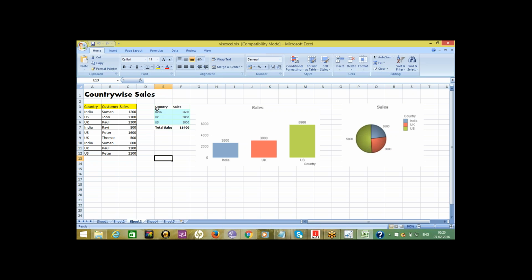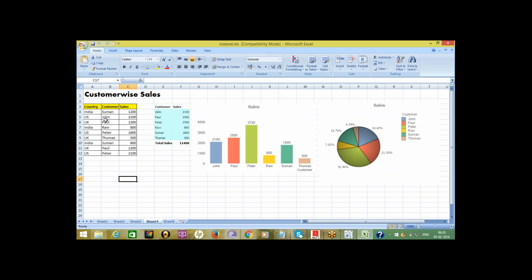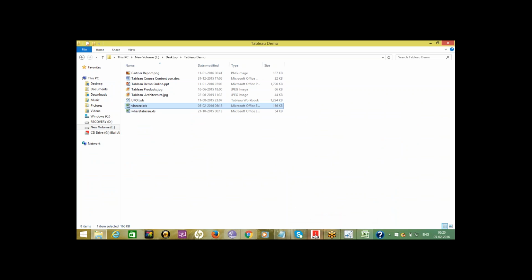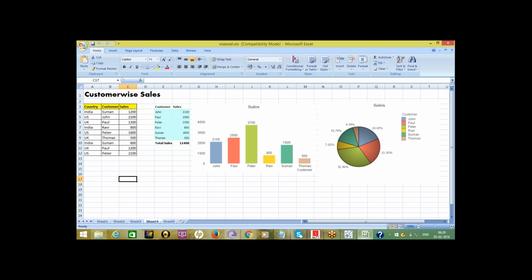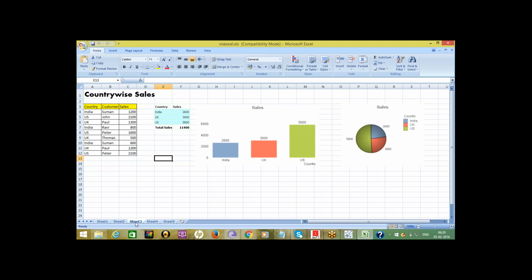India wise grouping. This is aggregate table. Country wise grouping. There may be some customer wise grouping for all customers. India aggregate should be 2600, say 1200, 800, 2000, 600, 2600.